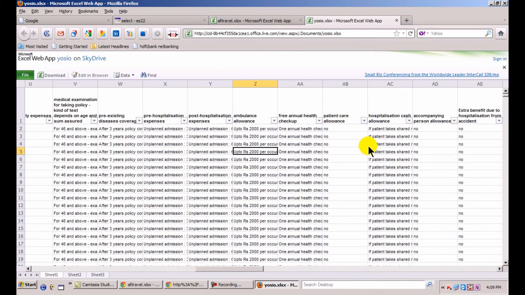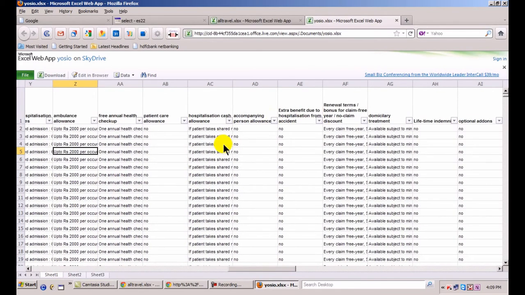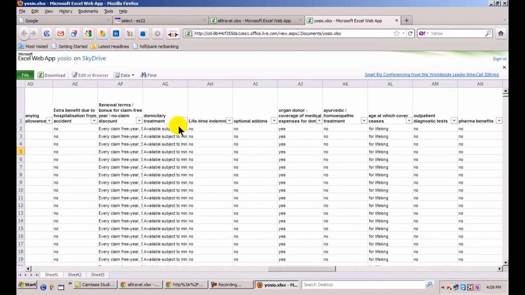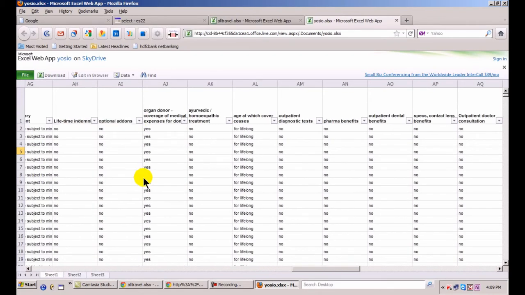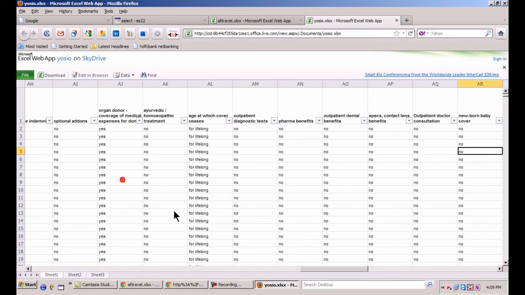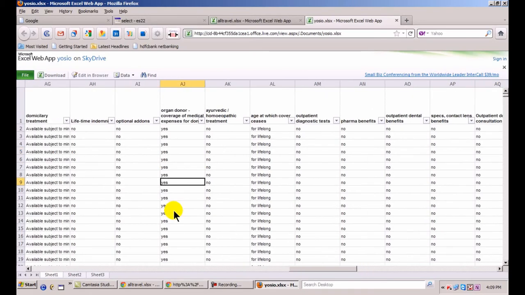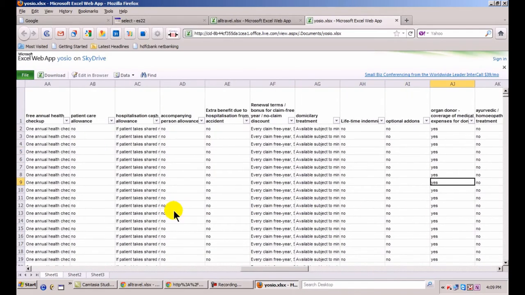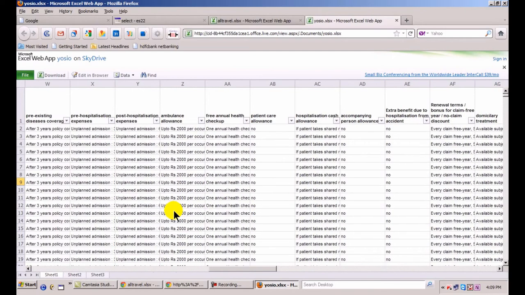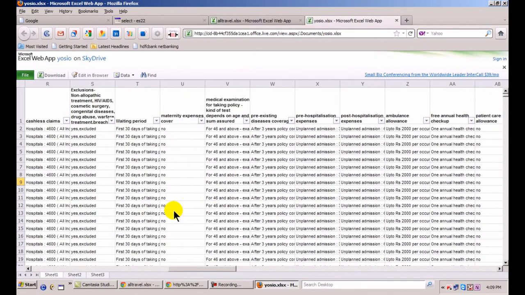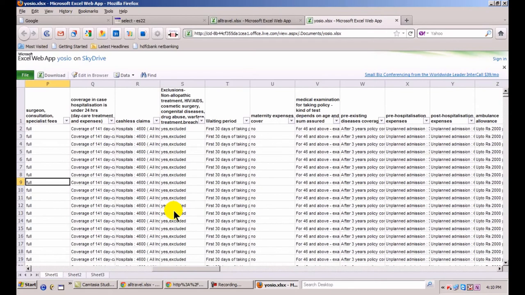Now the best part of this Excel file is you can use sort and filter. You just click on any of these, use sort and filter, and decide what parameters you want. Once you do that, it will shortlist those 11,000 records to a few which fulfill all the criteria that you've given it, and the premiums are given accordingly.